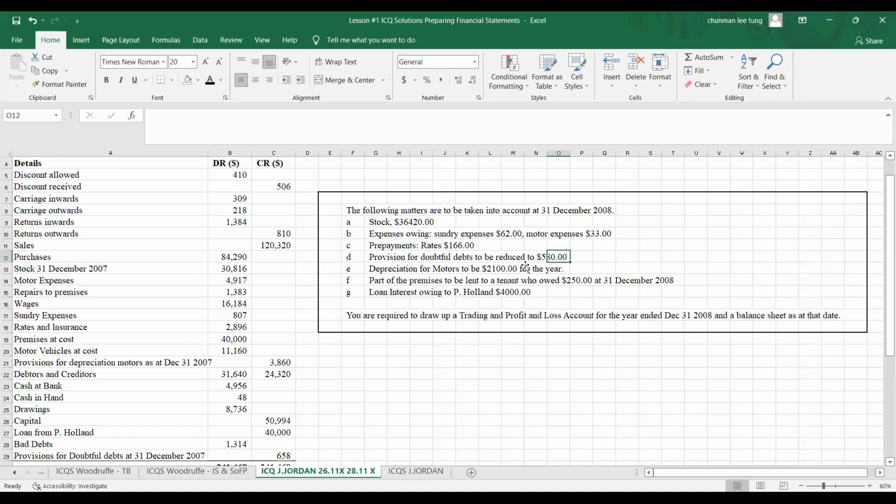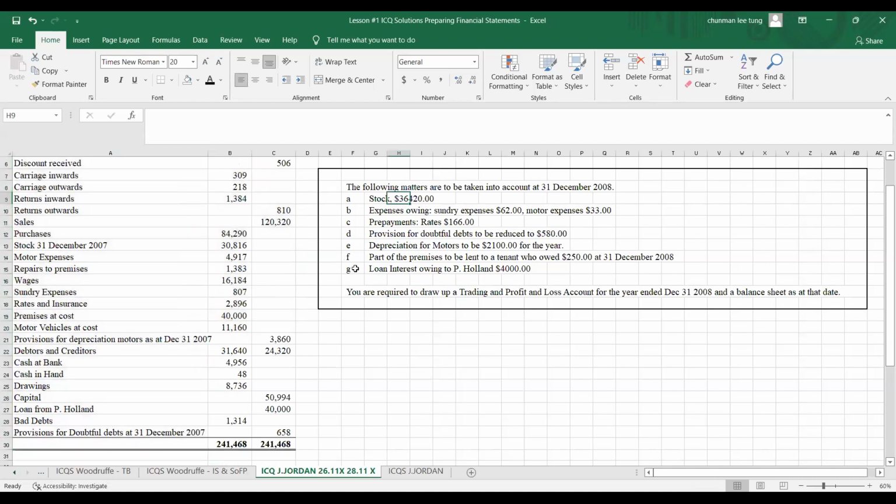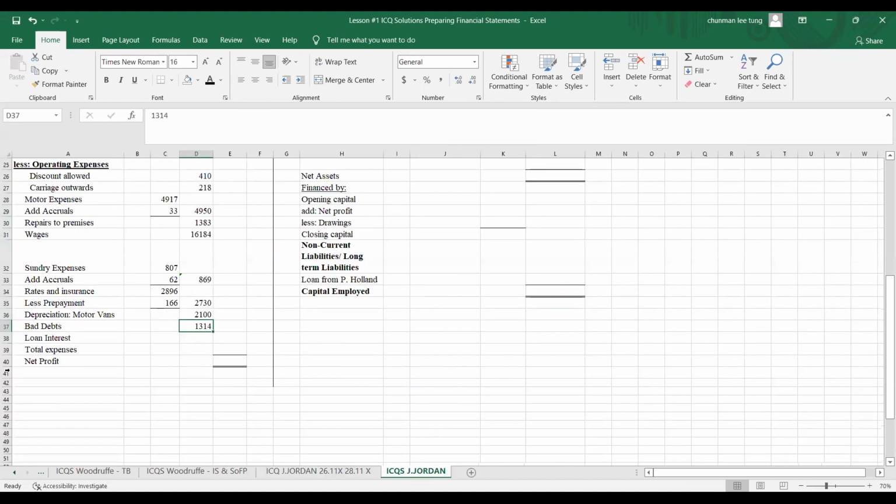Depreciation for motors, yes, we did account for it. Part of the premises to be lent to tenants, we accounted for that. Loan interest owing to P. Holland, $4,000. Money owing. It is an interest, especially owing to P. Holland. So even though you would have accounted for all your expenses here, in your additional information, there will be other expenses that you need to account for and to look out for. So this needs to be accounted. So loan interest,